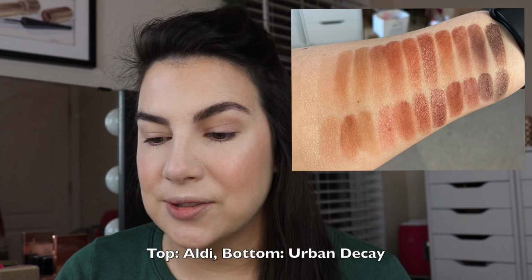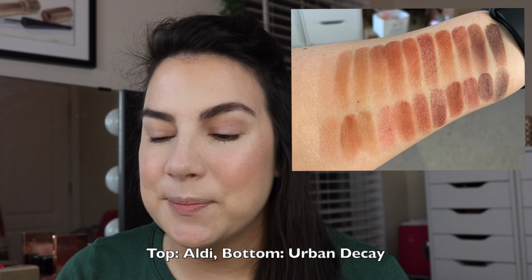I have been for the last few videos, and I'm not always clear on overlaying the pictures, like doing it the same way I used to. I'm still learning about that. We'll see how I get it done this time, but you can see the two palettes side by side and try to disregard the outer border of the palettes, and you can see that the shadows really do look a lot alike. And then in the swatches, I was really surprised at how similar the Intense palette and the Heat